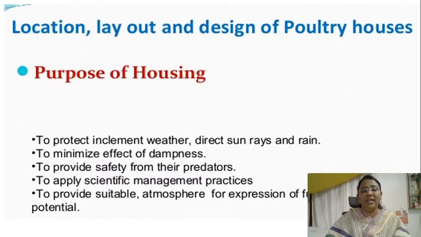Location, layout and design of poultry houses. Purpose of housing. What is the purpose of housing? Can't we grow them in open air? No, it's not like that.